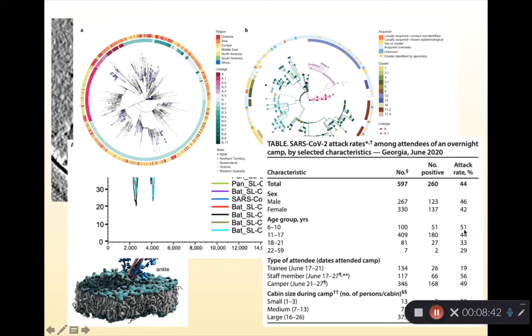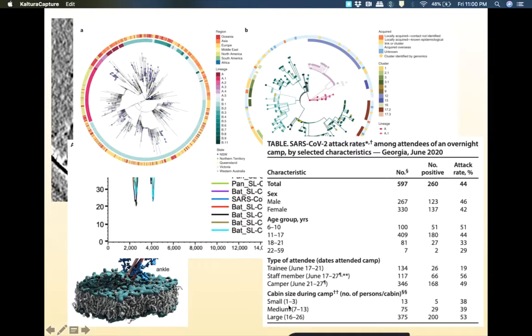coronavirus. So you can see that we're still getting a really quite high attack rate in young children, despite what other sources may have said, that we don't really see a high attack rate or high transmission amongst kids. So this is really showing us we do have a substantial attack rate that we need to worry about. And importantly, it's about crowding and coronavirus, and again, potentially the importance of masks. We see here that in cabins that had a lot of people, we had a much higher attack rate than children who were staying in small cabins.